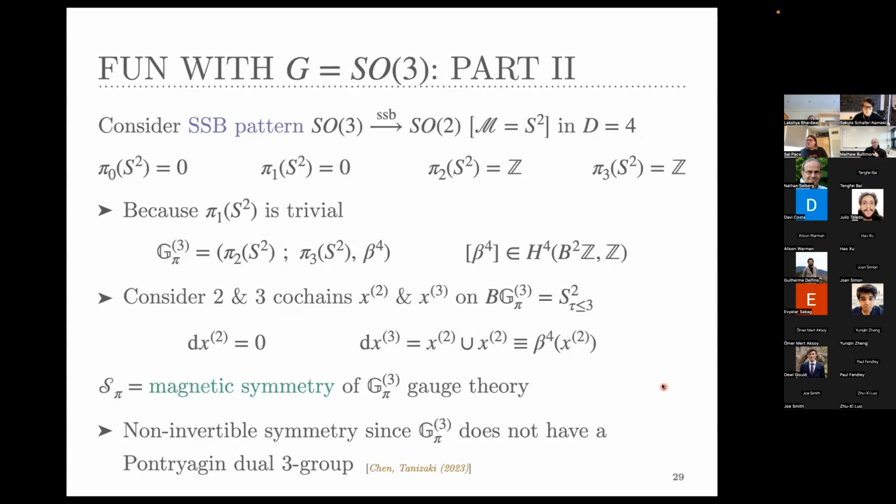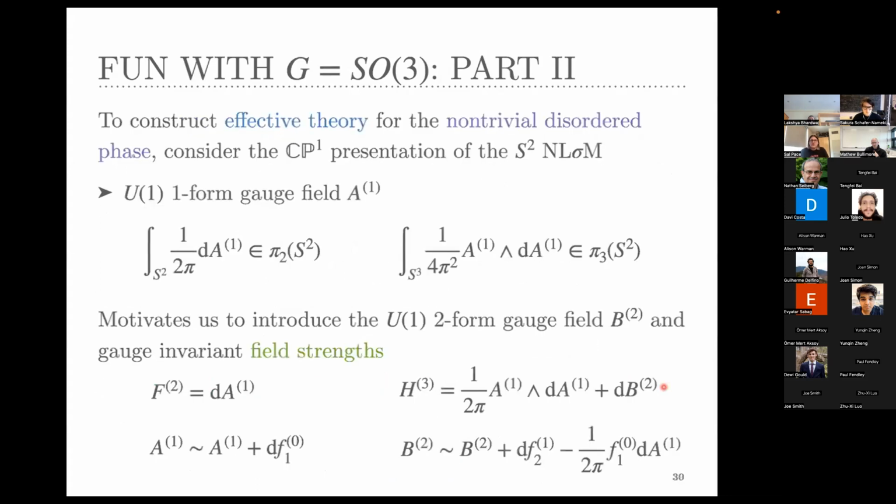And now I just want to briefly give some intuition about what the non-trivial disordered phase looks like. And to do so, we'll construct an effective field theory for this non-trivial disordered phase. And we're going to kind of hack our way through it. We'll take motivation by considering what's called the CP1 presentation of the S2 sigma model. So in the CP1 representation, there's a U(1) one-form gauge field, and there's also these complex spinors. And if you integrate out the complex spinors, you can actually get